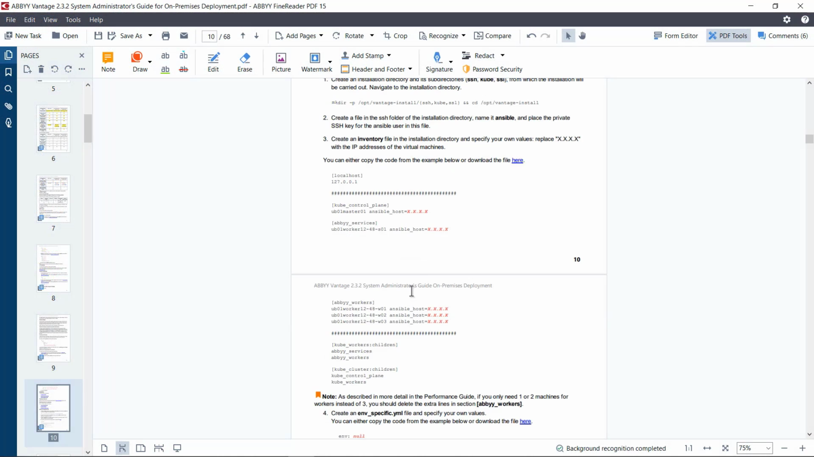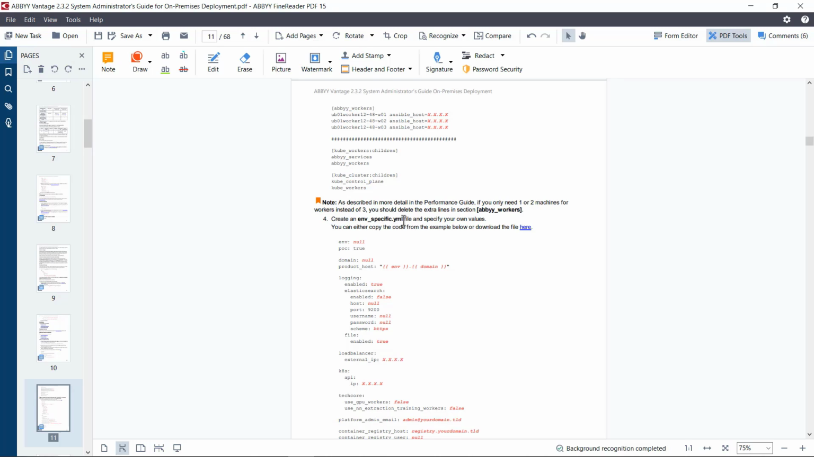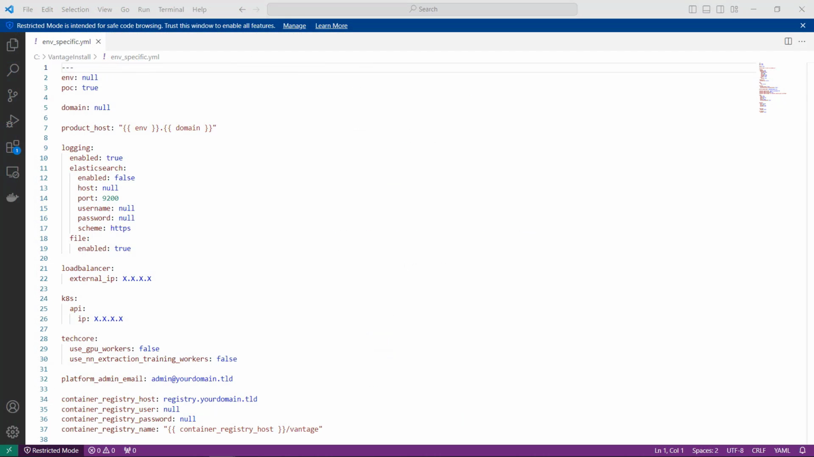Good. Now let's go back to the instructions in the admin's guide. The next step is to create and edit the env-specific YAML file. Again, you can download the sample file here. I'll open this one that I've already downloaded. So let's provide our environment parameters here. First, the domain and installation scope. As I mentioned earlier, we have created a DNS record for this Vantage deployment. It is